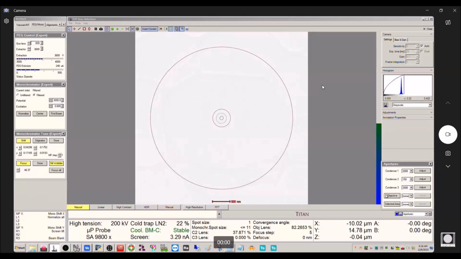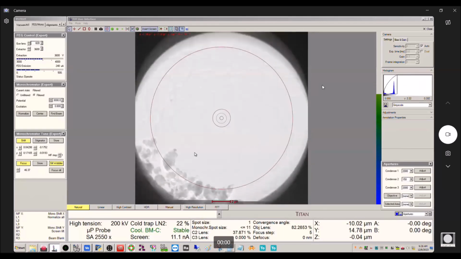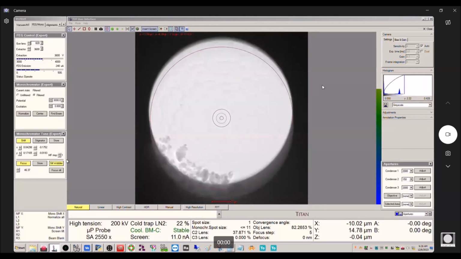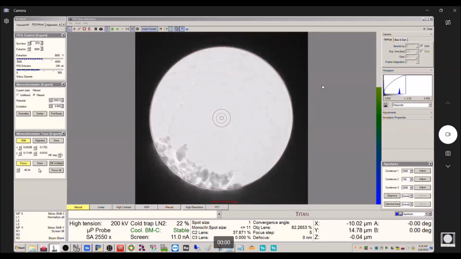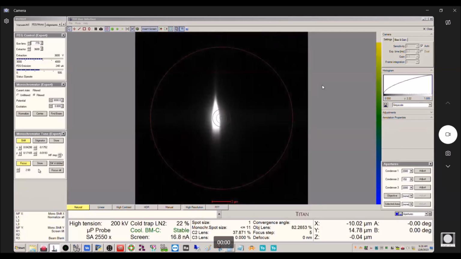Okay. All right. Anyways, let me back down to 2550. And let's turn off the slit wobbler. Okay. And then we can focus this back down. Okay. So right about there. Okay. And that's pretty close. And then we can, again, store this. Okay. So if we go back to